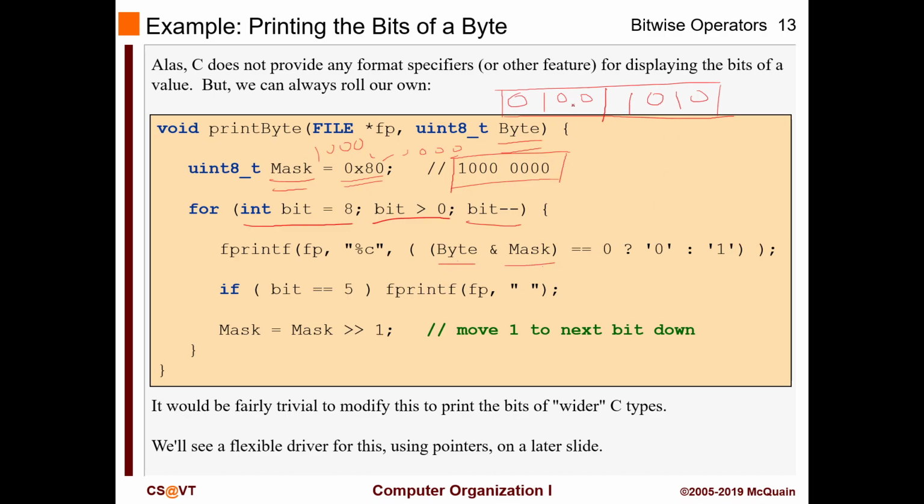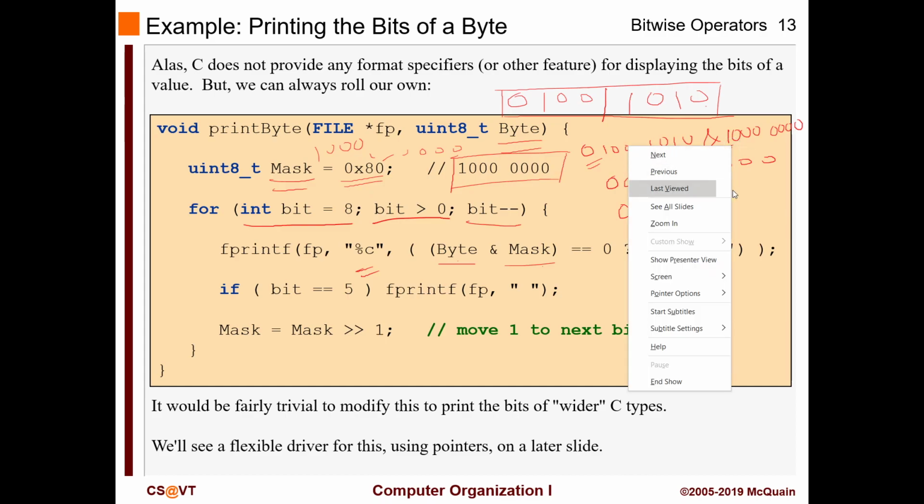So if this is your byte, the first thing that's going to happen is 0 1 0 0 1 0 1 0. It's going to AND itself with 1 0 0 0 0 0 0 0. So this is a 0, this is a 1, so it's going to be a 0, and everything else turns into a 0, right? So what it's going to print is 0. The next time, it's going to be something like this number, and instead of 1 being here,